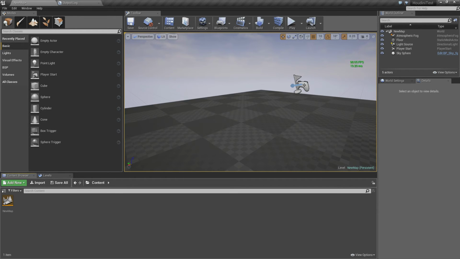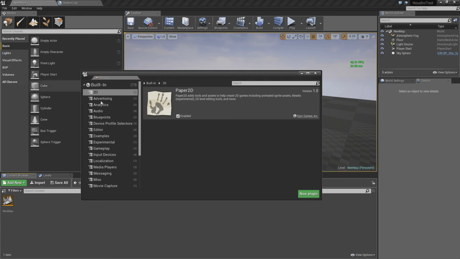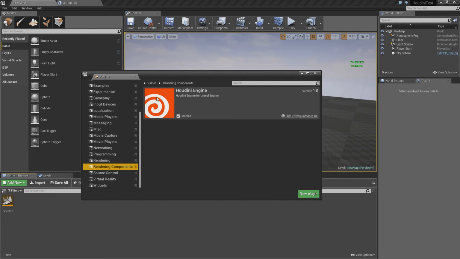You will need to install the Houdini Engine for Unreal. Obviously, it can be downloaded. If you download Houdini, it will be downloaded with it. Some versions of Houdini even install it into the Unreal Engine if it finds the Unreal Engine installed. But it's basically inside the Houdini directory as well, so we can go there and install it from there. And it's installed as an Unreal Engine plugin. So if you go to plugins and rendering components, Houdini Engine needs to be enabled,